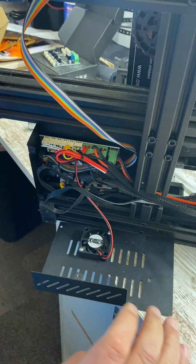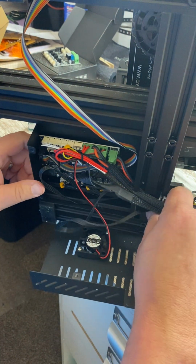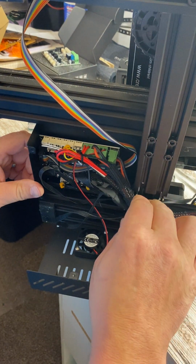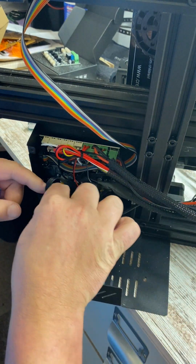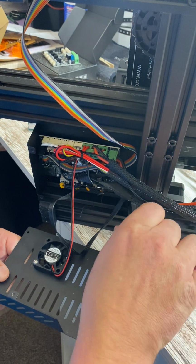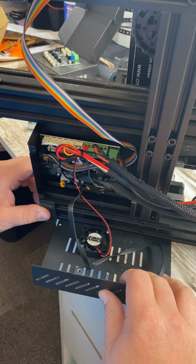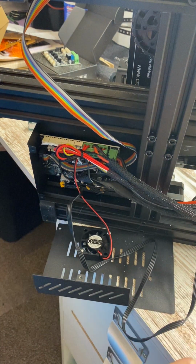So then remove this, and there is the other board. And as you can see, there's a lot going on in here. Okay, so I've seen this done a bunch of different ways, and I'm gonna make up my own. So what I'm going to do